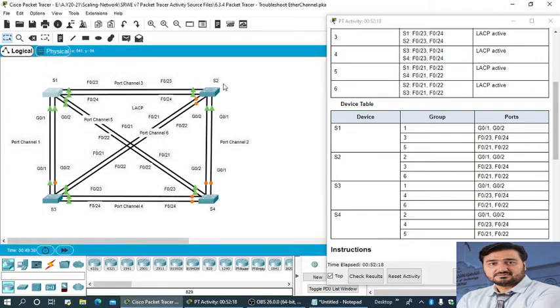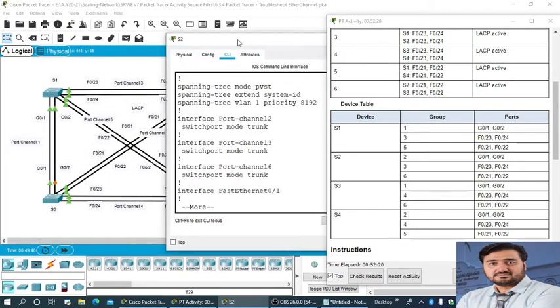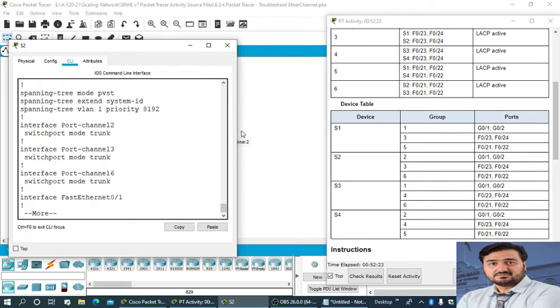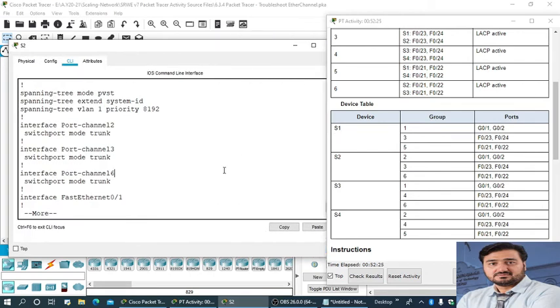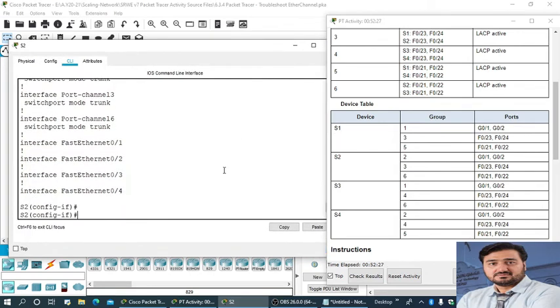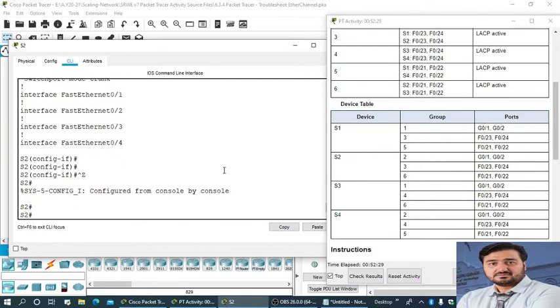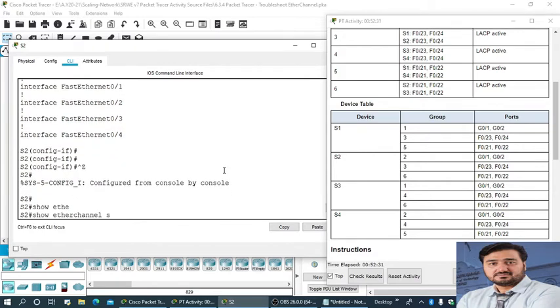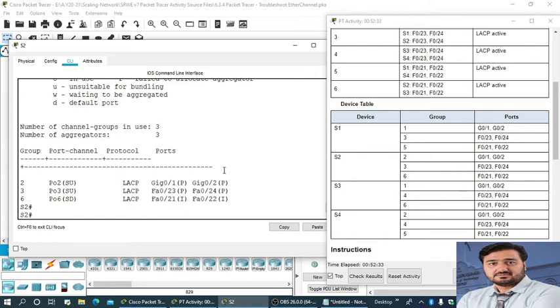Now go to the switch 2 and we can check here the port channel assignment, show ether channel summary. Okay, switch 2, port channels 1, 3 and 6, gigabit 0/1 and 0/2.